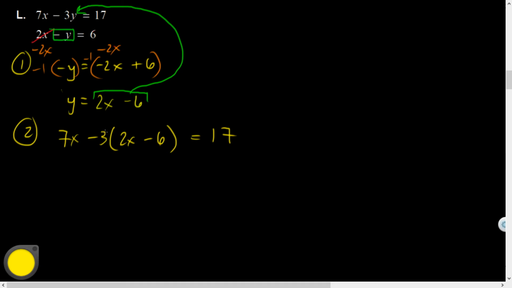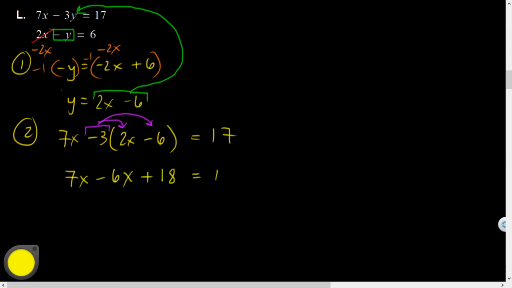Now I've got to use parentheses because I'm going to have to remember to deal with this negative 3 properly. And the way I deal with that negative 3 is distribute. So I will have 7x, negative 3 times 2x, minus 6x. Negative 3 times negative 6 becomes positive